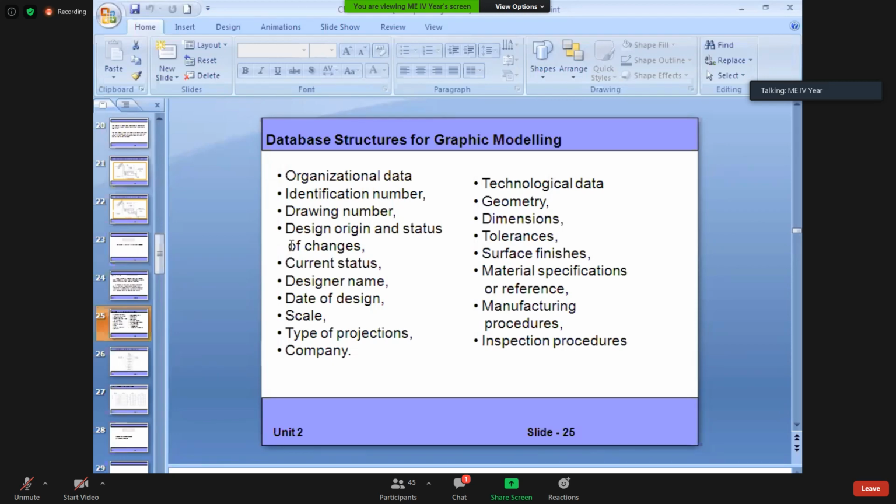Did you ask them anything about scaling and types of projections? Did they answer? If you ask about the types of projections, are they able to answer? No, sir. That means they only have knowledge in CSE or programming. But as a mechanical engineer, I'm telling you that as a mechanical or civil engineer, if you know the core concept, you can work on the core as well as on CSE also.